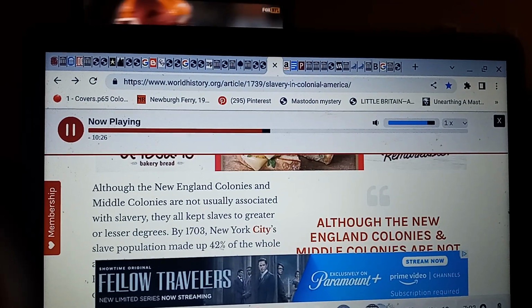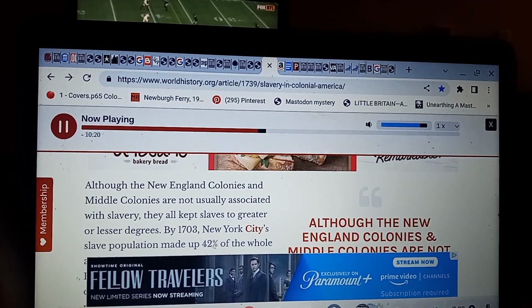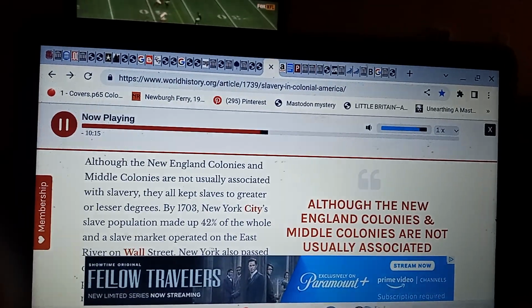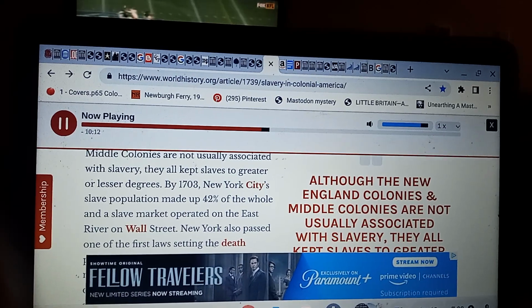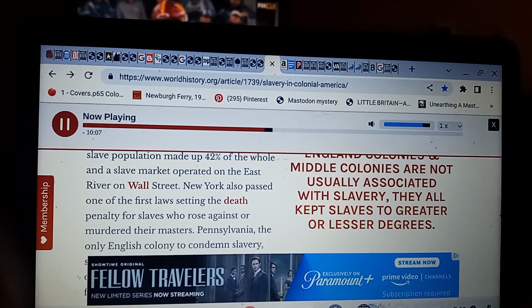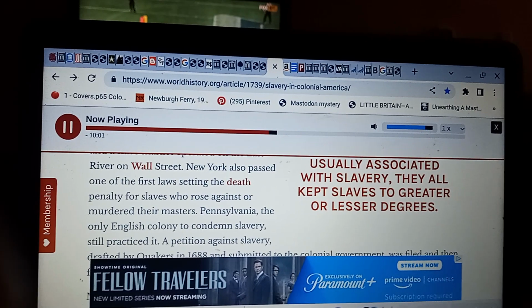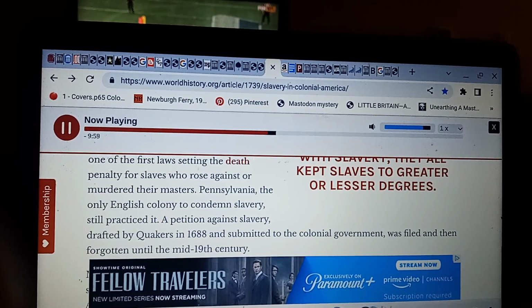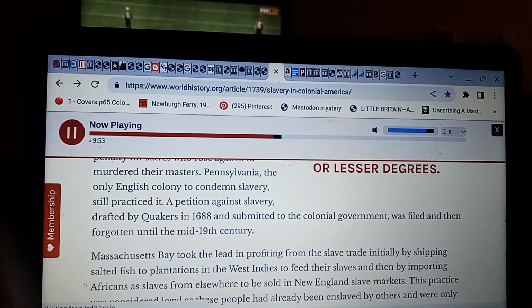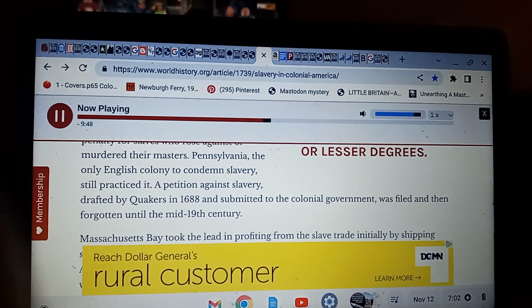Although the New England colonies and Middle colonies are not usually associated with slavery, they all kept slaves to greater or lesser degrees. By 1703, New York City's slave population made up 42% of the whole, and a slave market operated on the East River on Wall Street. New York also passed one of the first laws setting the death penalty for slaves who rose against or murdered their masters. Pennsylvania, the only English colony to condemn slavery, still practiced it. A petition against slavery, drafted by Quakers in 1688 and submitted to the colonial government, was filed and then forgotten